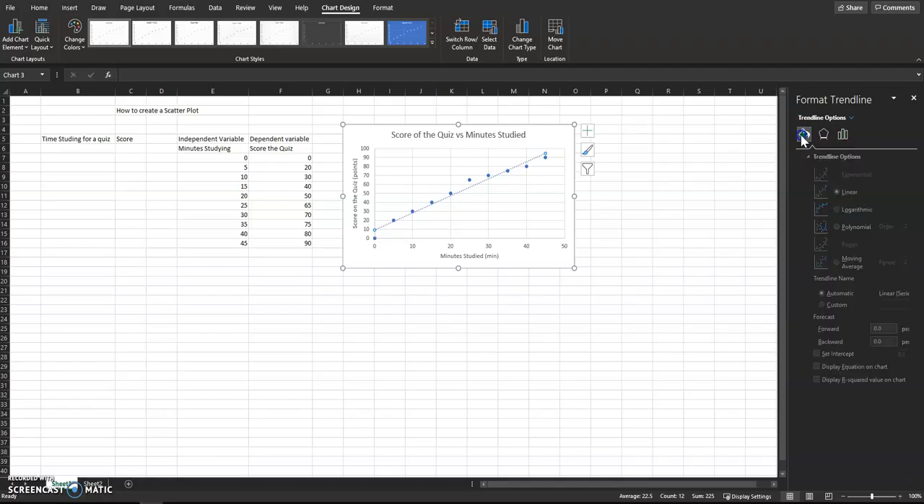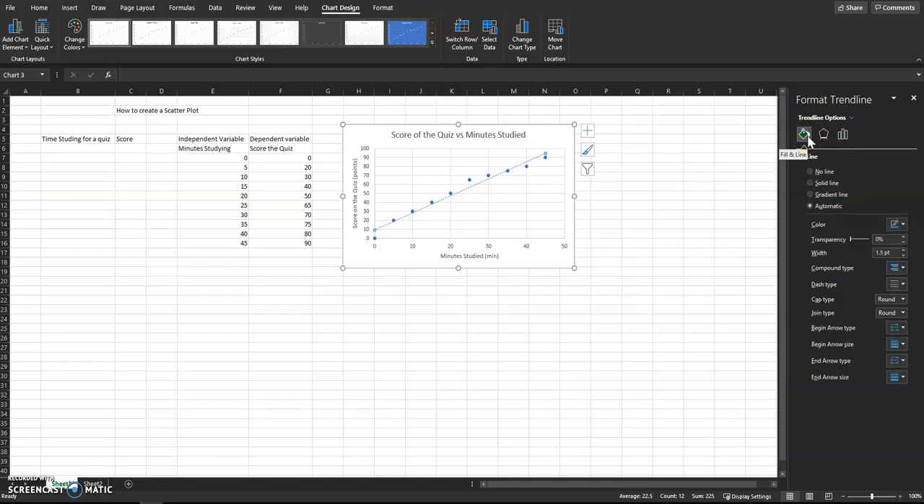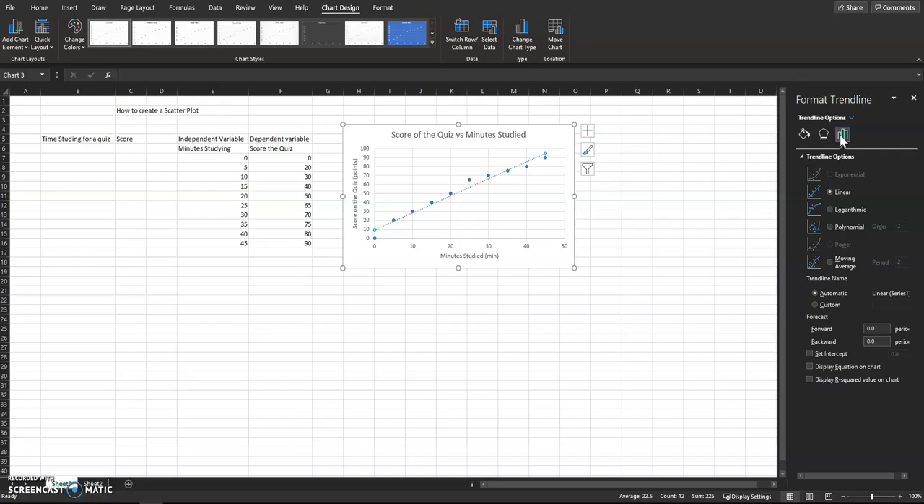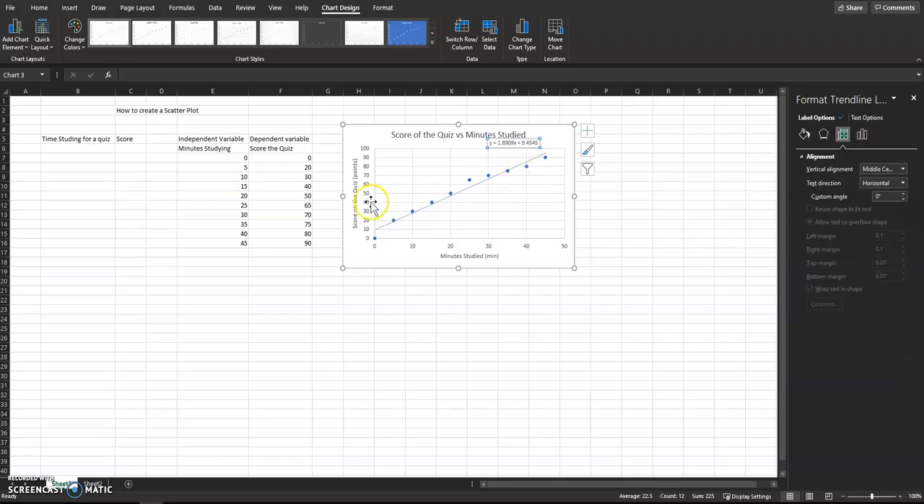When you click it, it might get you to that colored fill and line option. You want to go to the actual data option, and that's the 3 bars. When you get to the 3 bars, go to the very bottom and click on display equation on chart. That's going to populate this equation here. That equation gives you information on the relationship between the minutes studied and the score on the quiz. Notice it says y is equal to